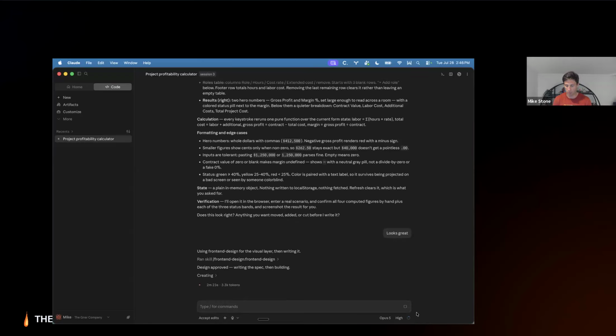A thing to keep in mind as you're working within Claude Code and Claude in general, but this happens a lot within Claude Code, is this window down here, which is your context window. You can see here we've used 7% of our context window. We want to make sure that we don't overflow the context window. That's basically asking Claude to remember too much. And when that happens, things can start to go haywire. That's where you'll start to see more hallucinations.